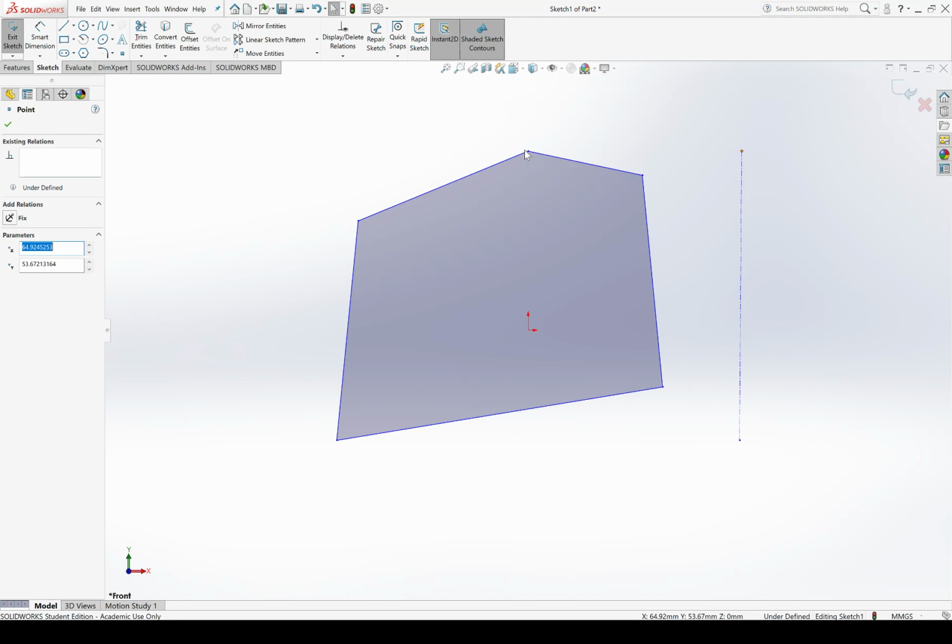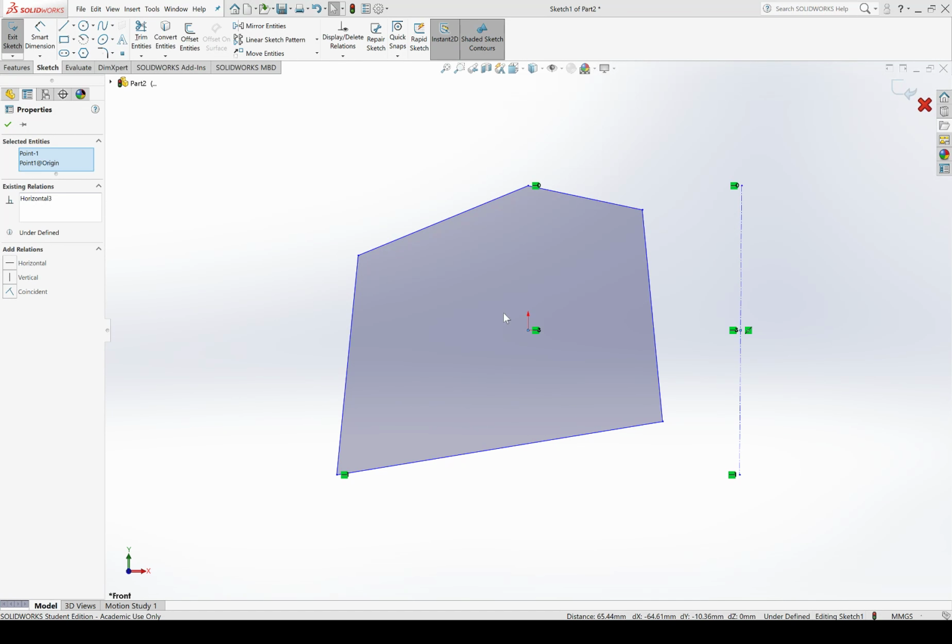I could add relations to the top of this construction line, force it to be horizontally aligned with the topmost part of my other sketch. I could say the bottom of this line and the bottommost point of this sketch, add those relations as horizontal, and then say the middle of this construction line and the origin are horizontally constrained as well. Does that make sense? Okay.